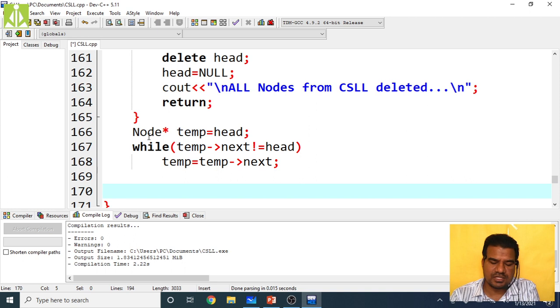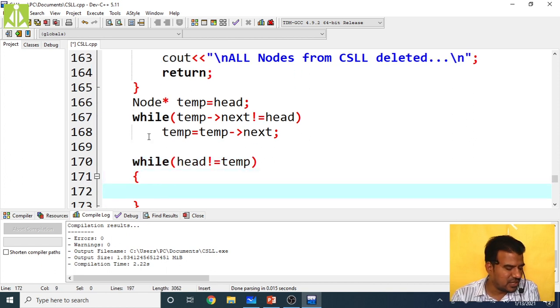Then after this, your head pointer is pointing to the first node and the temporary pointer is pointing to the last node. Again, we have to go loop by loop until your head becomes temp.